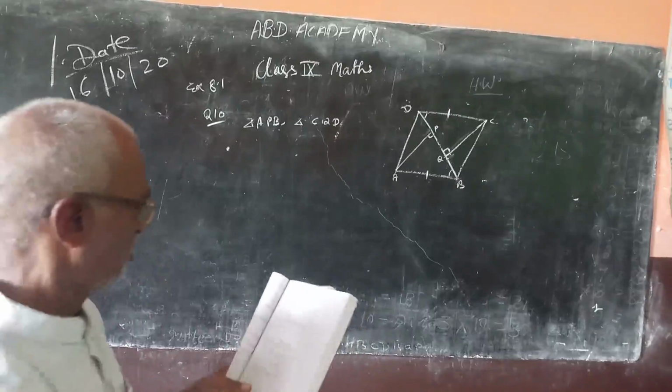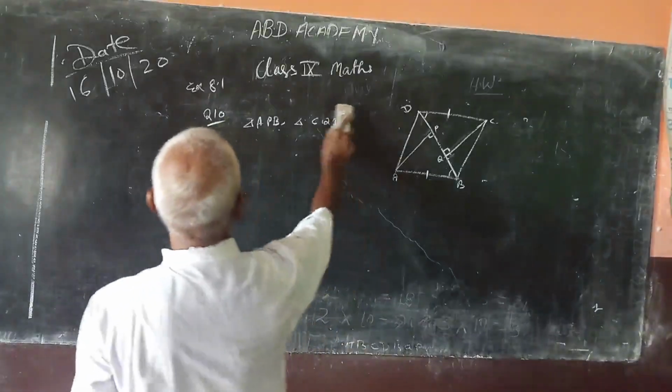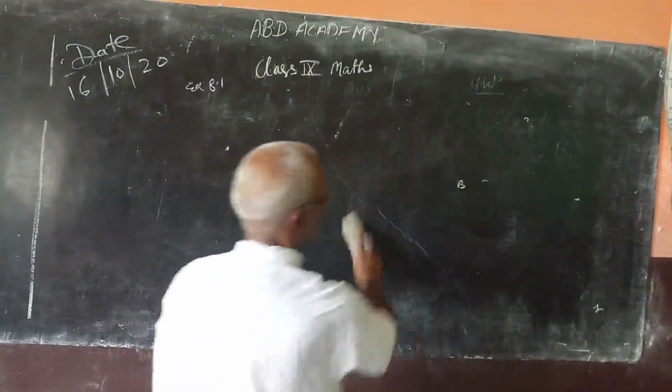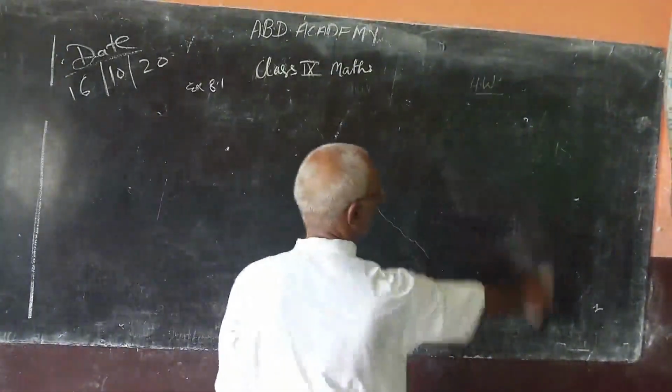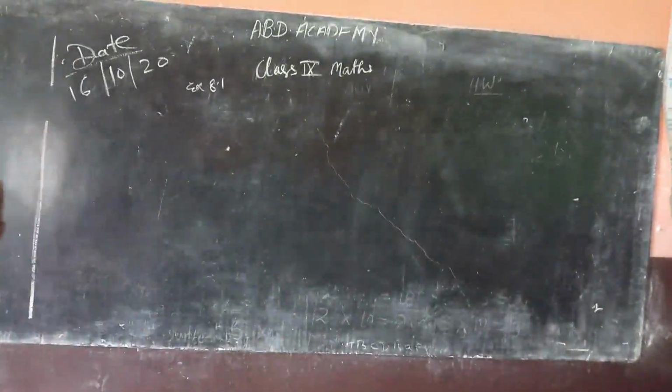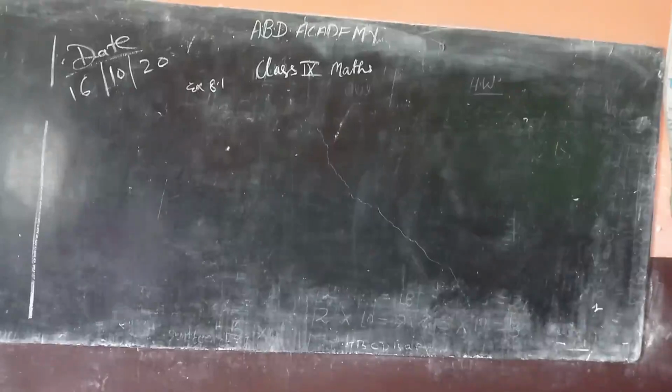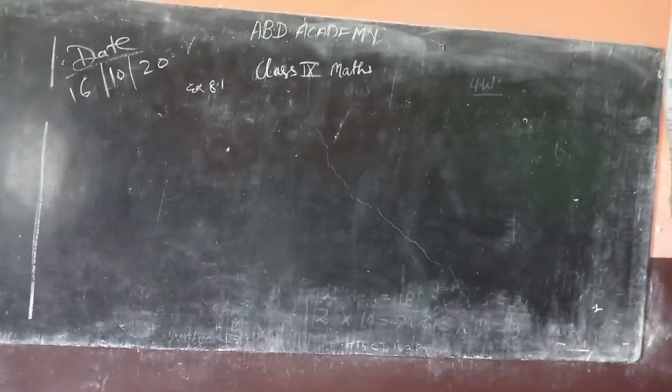Now, question 11 starts, which has 5 parts. No, 6 parts. All parts are related to each other. So, let us